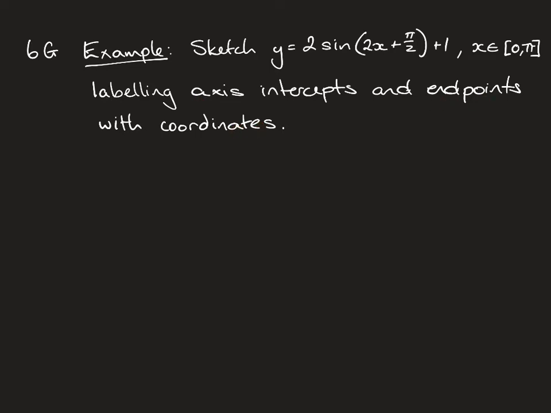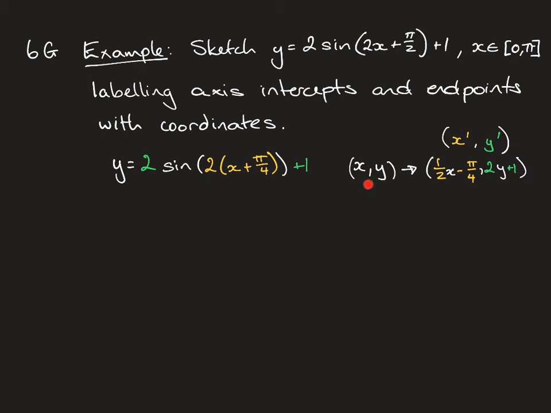But before we go ahead and sketch this, we need to recognise that the transformations in this section of the function aren't in the right form for me to use my standard transformation mapping. So I'm going to rewrite that so that you can see what it is in our normal form. So now we can use our mapping to transform our normal xy coordinates for points on the sine curve to our transformed function. So let's draw up a table of xy coordinates for our standard sine curve, and then we'll